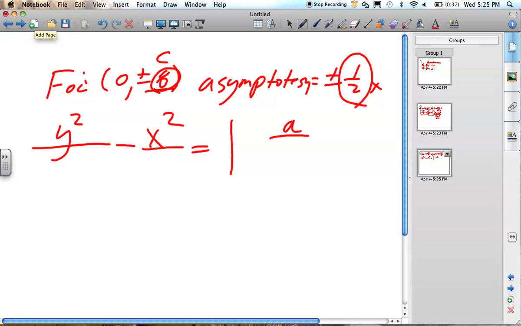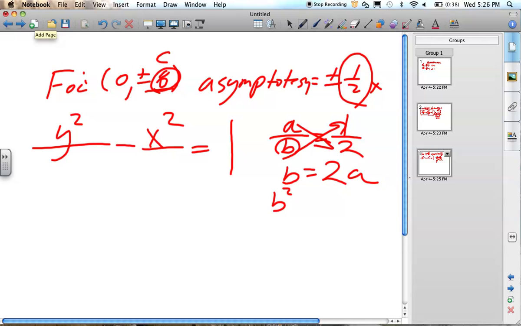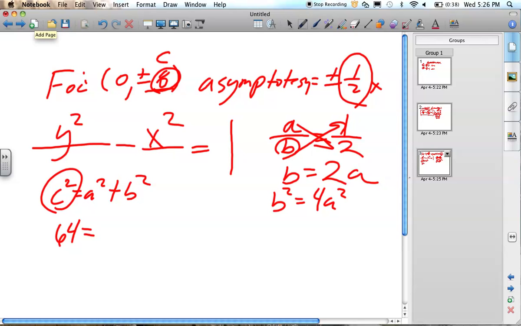What I know is that a over b for a vertical, which is my slope, equals 1/2. So now I'm going to cross multiply here. So I get b equals 2a. Okay, well that's kind of nice. Or b squared equals 4a squared. So the other thing you need to remember then is c squared equals a squared plus b squared. Okay, you get c squared, it's 64, equals